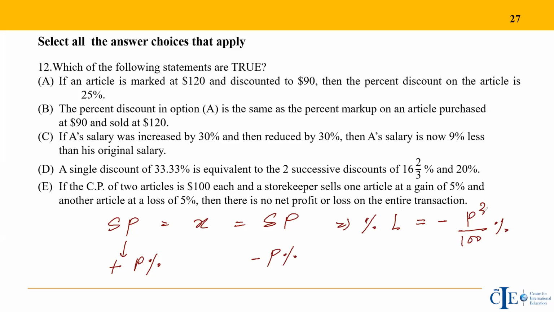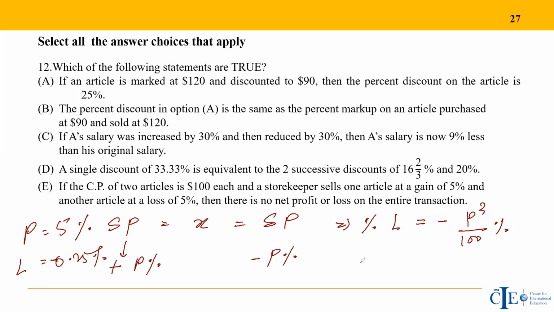You can relate this to the same problem as the two successive percentages case, where in one case he increases by x percent and the other one he decreases by x percent. So in this case, he will always suffer a loss, and the loss percent is given as P square upon 100 percent. Like here, we see P equals 5, right? P is 5%. So his loss percent would be 5 square, which is 25, 25 upon 100, is 0.25%. So he will always have a loss of 0.25%.